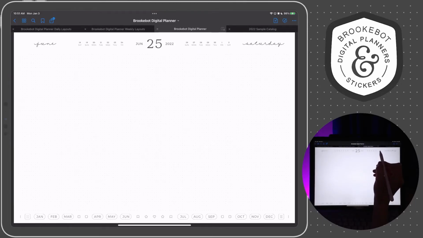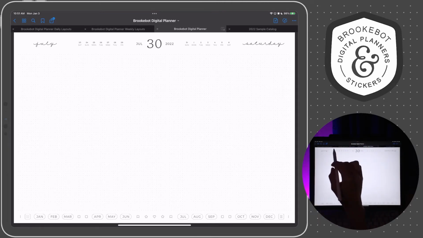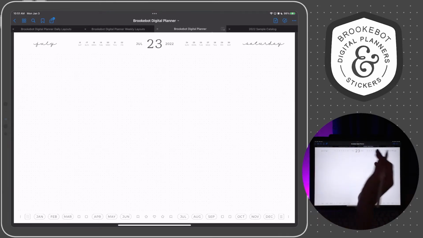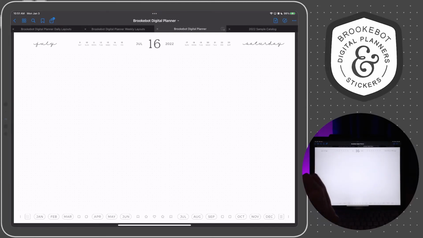So this is just going by 7s anytime you tap on the last date. That's something I use a lot, and I really like to do that when I'm copying from the previous. Let's say I'm here on a Saturday and I want to go to the previous Saturday to get what I was doing on the previous Saturday and just copy it over to this page. I could simply tap there and then tap right back to go back to that page.